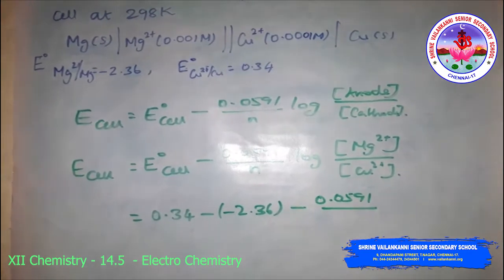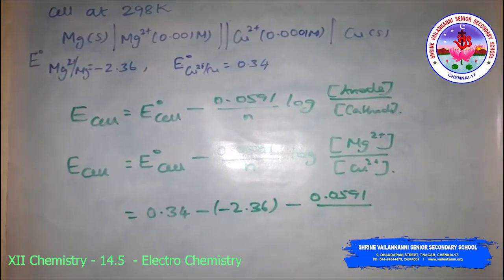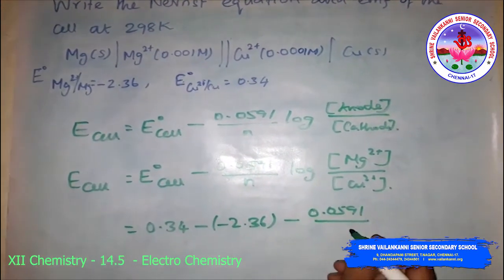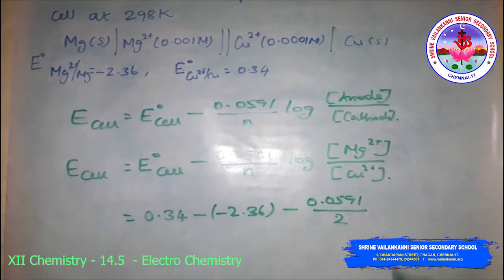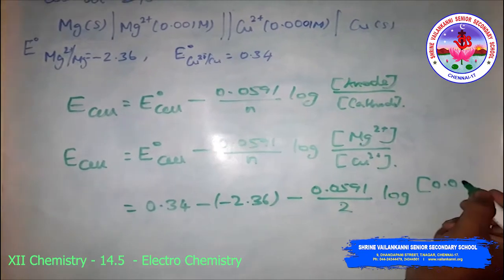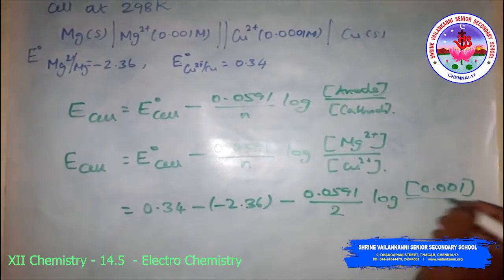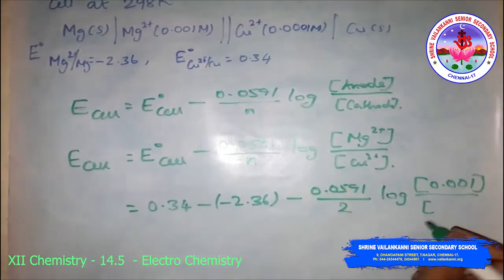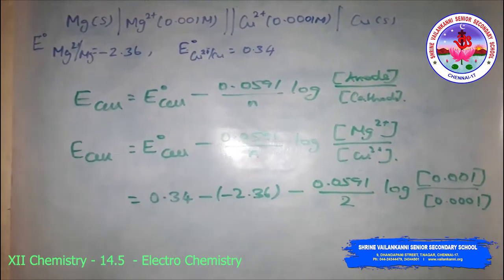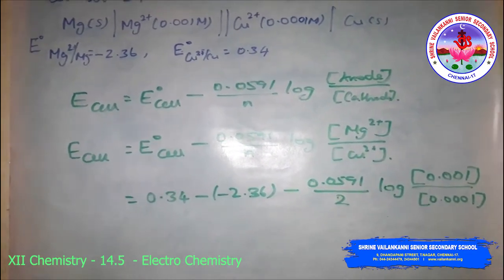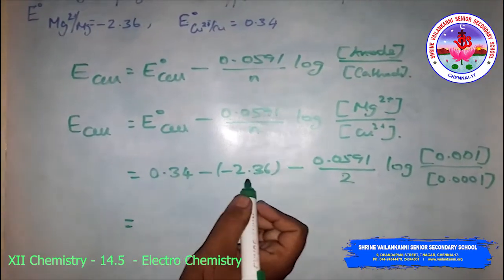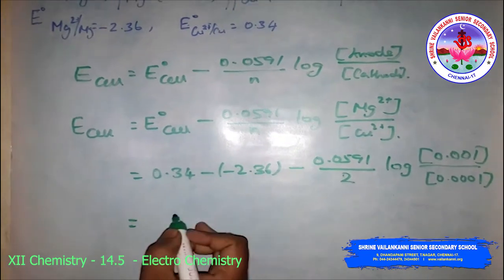Then minus 0.0591 divided by n. n means the number of electrons. Here, for Cu2+ and Mg2+, 2 electrons are transferred, so n is equal to 2. Then log of Mg2+ concentration, 0.001 molar, divided by the Cu2+, 0.0001 molar. After simplifying, you will get 0.34 plus 2.36, which is